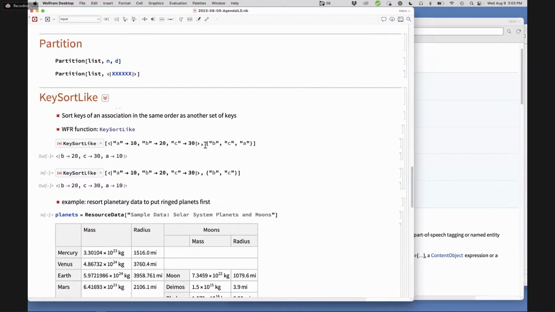I mean, if you were to give a pattern, there's this kind of sort like... what am I trying to say? There's no point in saying sort like, because you're going to give how it sorts, and you might as well just give that as the result. The only case that's interesting is, in the case of a list, you can specify a permutation. In the case of an association, I don't really understand why.